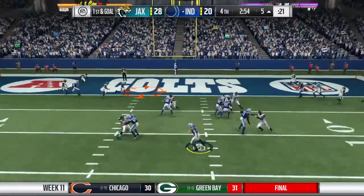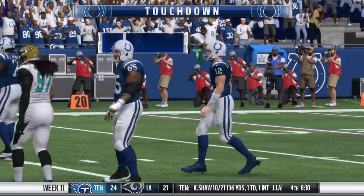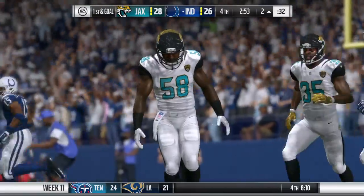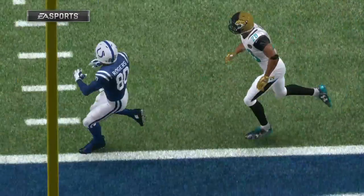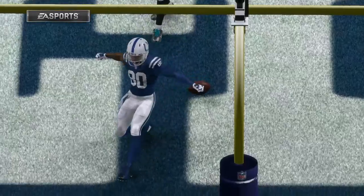A shotgun snap for Luck. And he's got his target. It's caught for a Colts touchdown. Chester Rogers, his 4th touchdown on the year. And the Colts are a 2-point conversion away from tying this football game. And all about timing there on that short slant, Charles. Exactly right. That was timed up so well. The route...